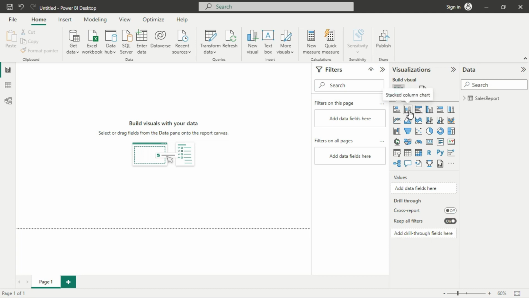Right, then we have column charts. So we have the stacked column charts and also we have the clustered column charts. So column charts are vertical columns. So the difference between bar charts and column charts is that column charts are vertical whilst bar charts are horizontal. But they can be used for the same purpose. Then we have the line charts, which is used for looking at a numeric value over time. Then we have the area chart, which is based